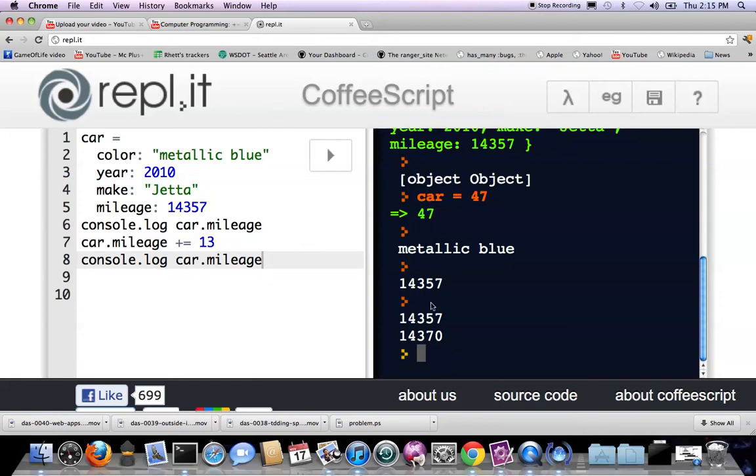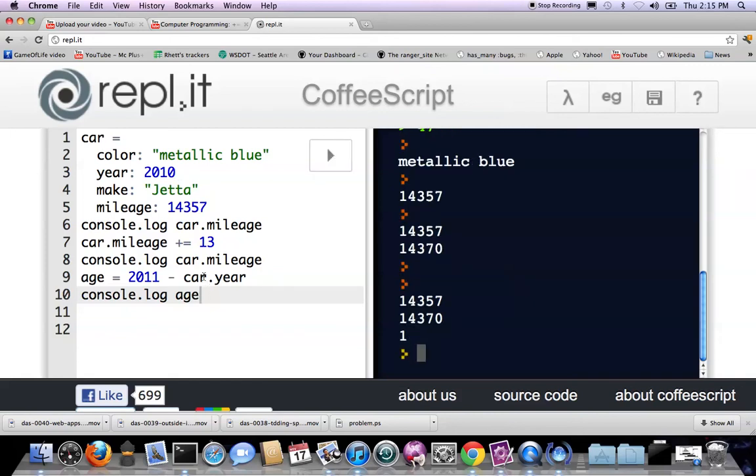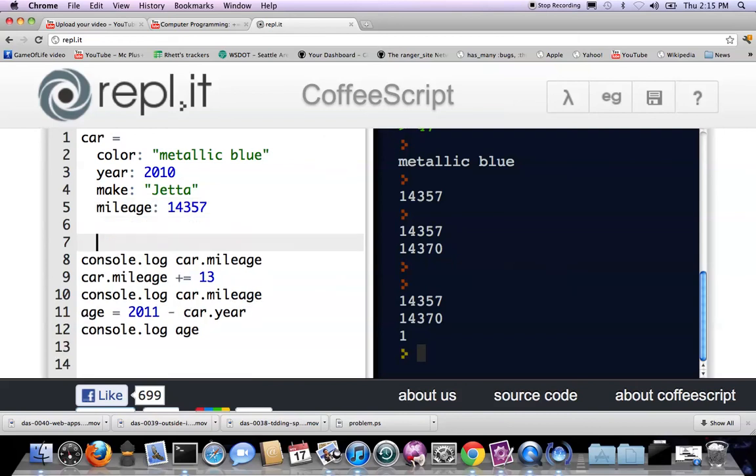valid to me. And then I can also do things like figure out how old the car is. So let's introduce a variable as a placeholder. So I'm going to say that the age of my car is the current year, which I will just hard code to 2011, and then I'm going to subtract the year that the car was made, which is again using the dot syntax, car.year, and then I'm going to output the age, which should be 1 year old. And indeed that works. Let me add a little bit of white space here to make the indentation a little